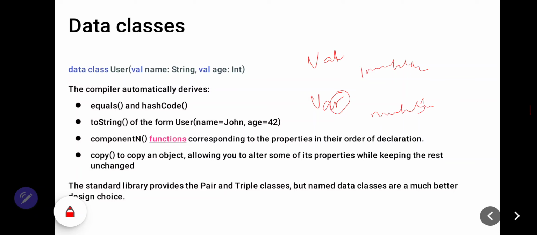If you use the keyword val, this data cannot be changed. Val is for static value. But for var, mutable, you can change the data or dynamic value.